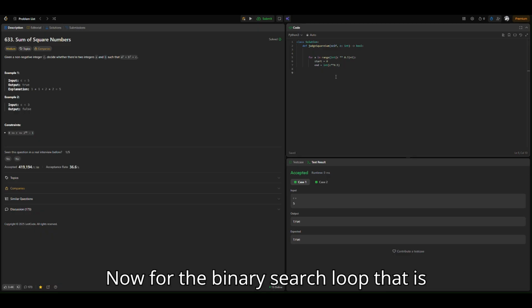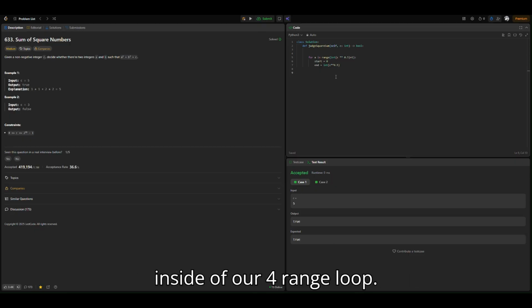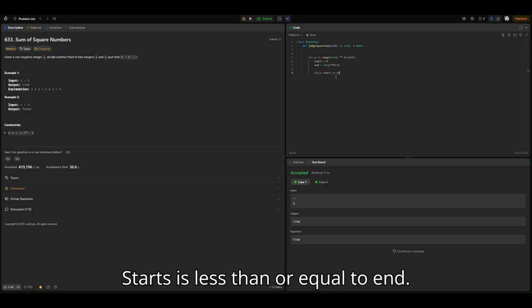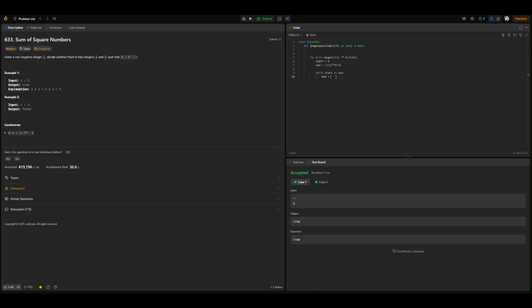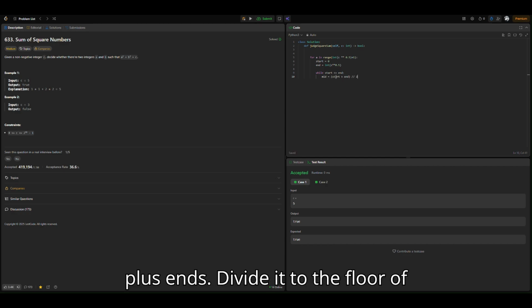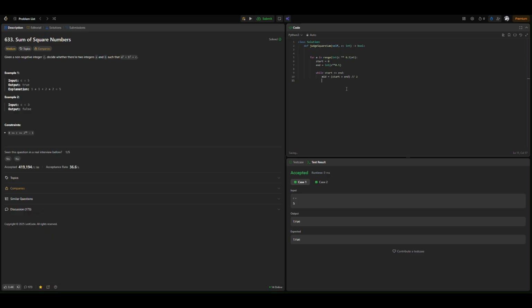Now for the binary search loop that is inside of our for range loop, while start is less than or equal to end, mid equals start plus end, divided to the floor of 2, b equals mid, and we need to square our values. So sum of squares, a squared plus b squared,